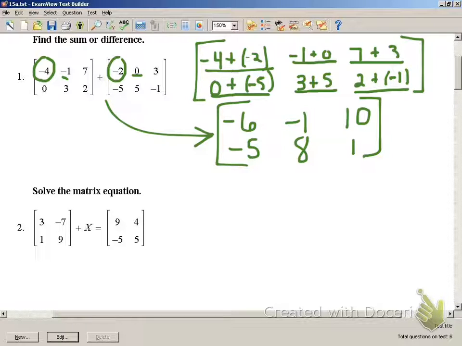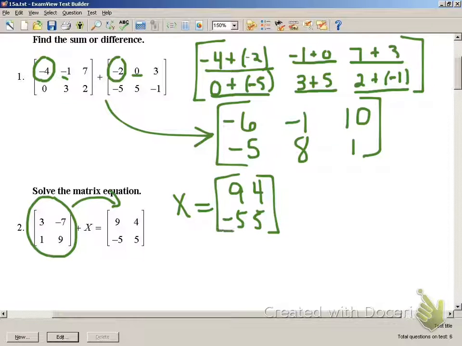Let's look at number 2 now. It says solve the matrix equation. Treat it just like it's an equation. So this matrix has to go across, and when it goes across, we would then subtract it. So x equals our 2 by 2 matrix